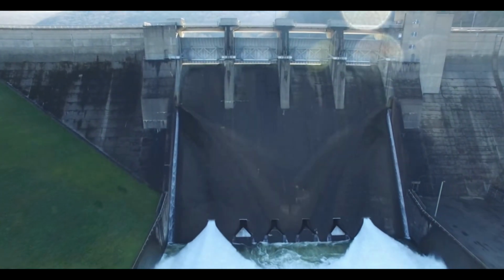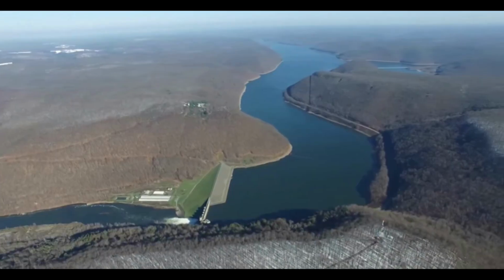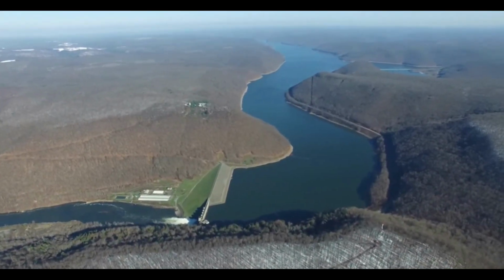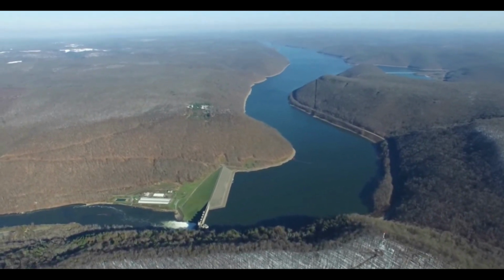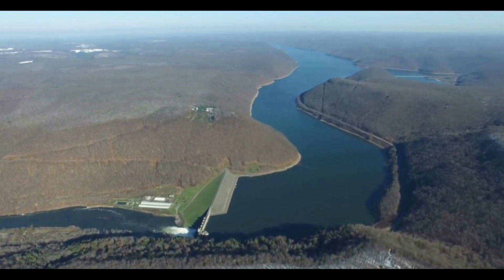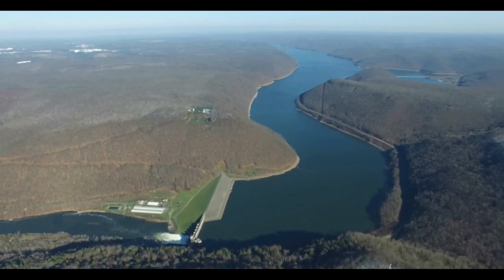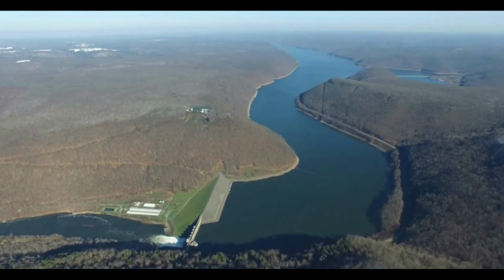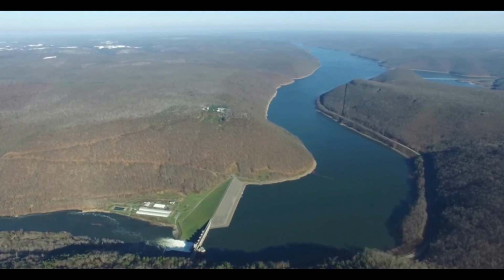Now realistically, the dam's going to hold brown trout and rainbow trout all year long. However, walleye in late fall and early spring, this is the area that they love to hang out in. They love that deeper water, they love the outflow, and they love the turbulence of that particular area. So for you bank yankers, this is your opportunity to get out here and fish the dam, catch some trout